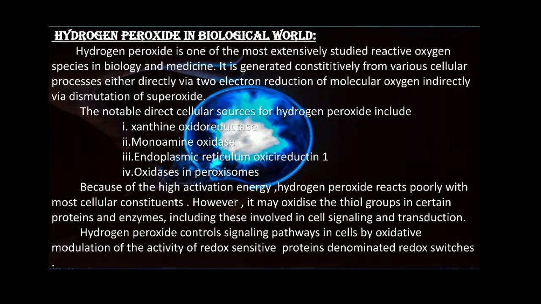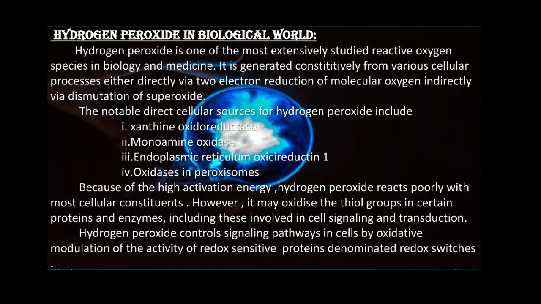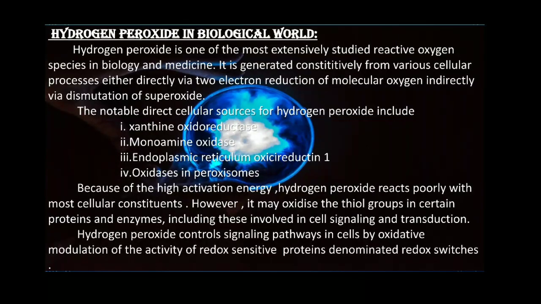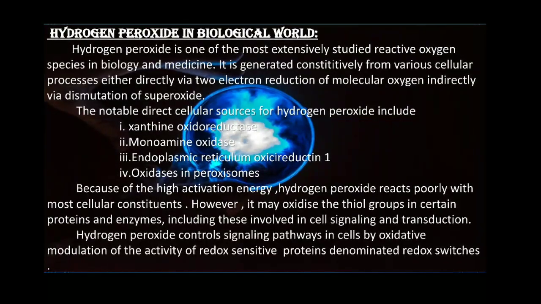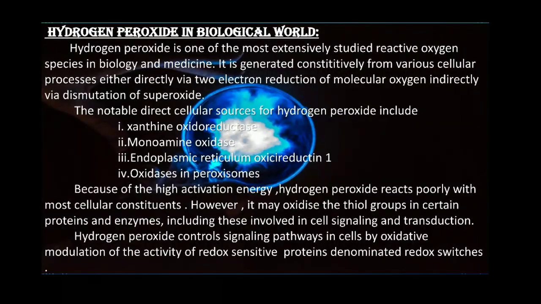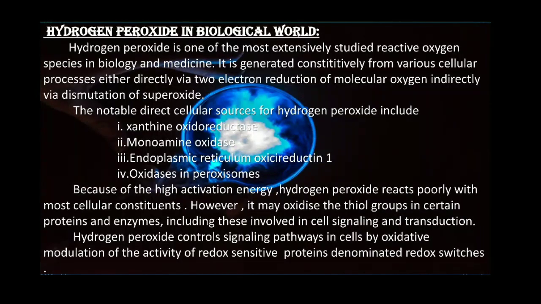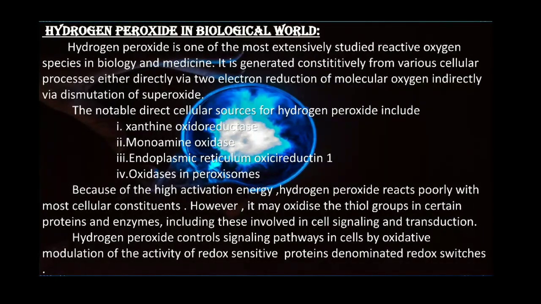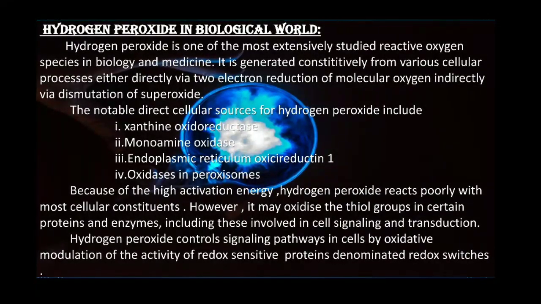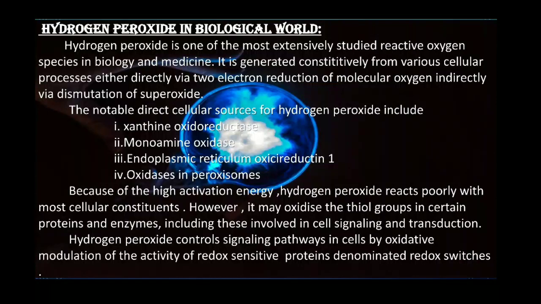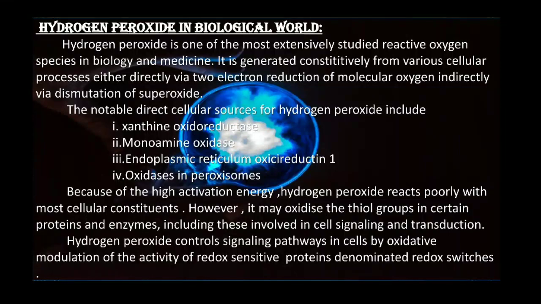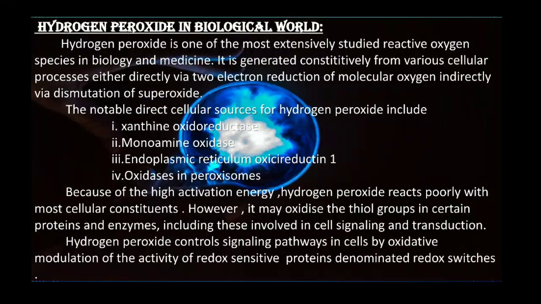Let us study the role of hydrogen peroxide in the biological world. Hydrogen peroxide is one of the most extensively studied reactive oxygen species in both biology and medicine. It is generated constitutively from various cellular processes, either directly through 2-electron reduction of molecular oxygen or indirectly through dismutation of superoxide. The notable direct cellular sources for hydrogen peroxide include xanthine oxidoreductase, monoamine oxidase, endoplasmic reticulum oxidoreductin 1,